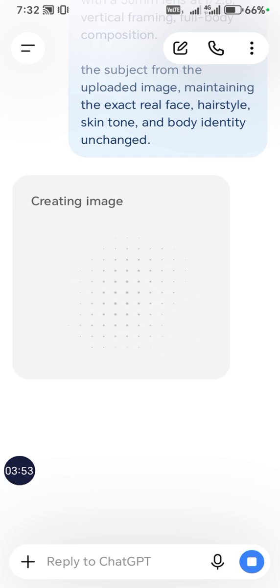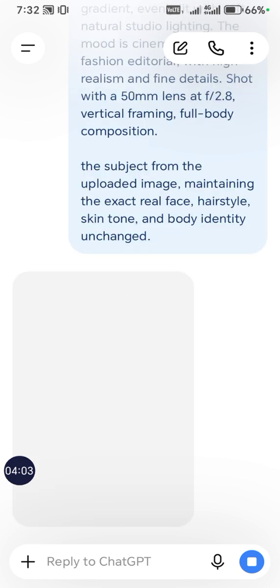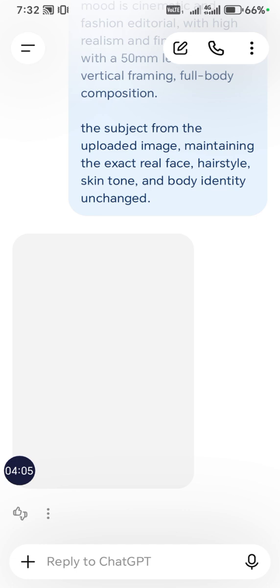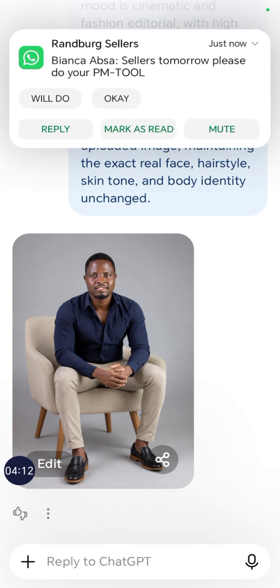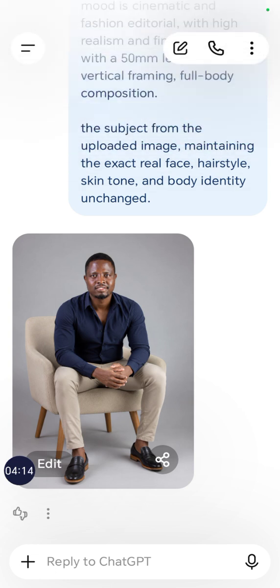Okay, so you don't have to pay anything. Then if you love the photo, you can use it for your social media photos, or if you want to paste it on one of your social media platforms.